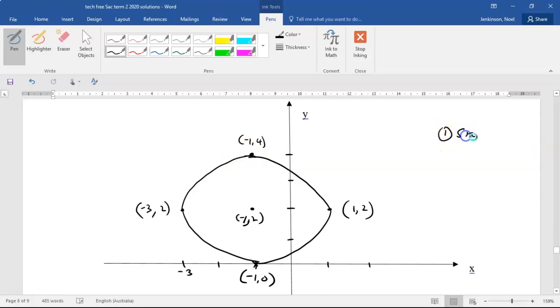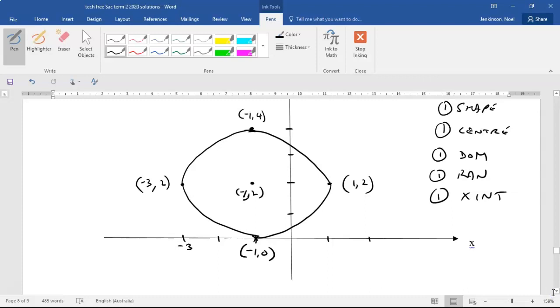Now that would be an okay effort. One mark for the shape, one for the center, one for the domain, which I'll do in a second, one for the range, one probably for the x-intercept. If we were giving more marks, we might give them for the end points, horizontal from the center. If we'd asked you to calculate the y-intercept, which is